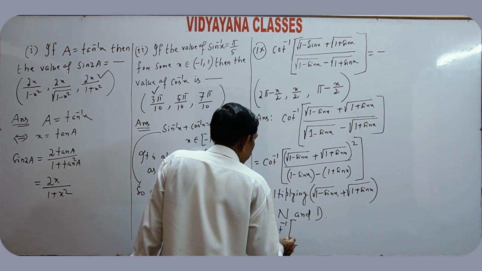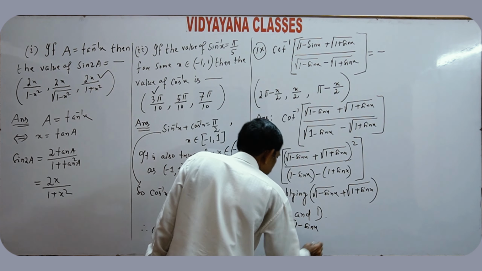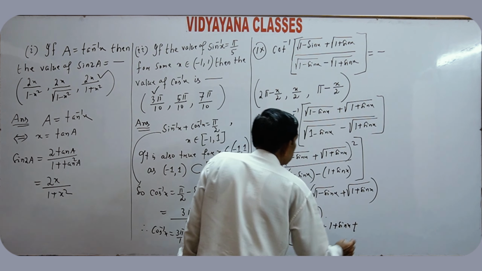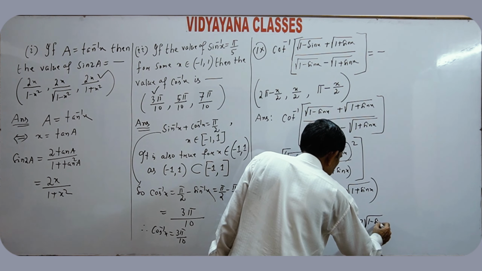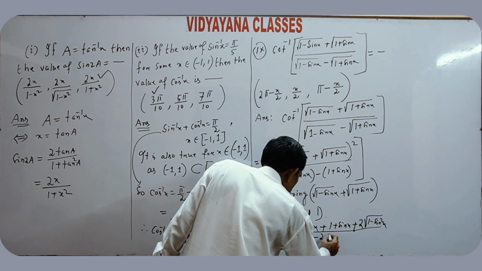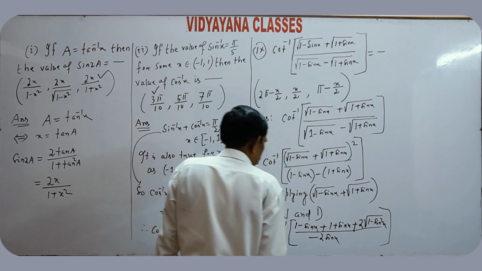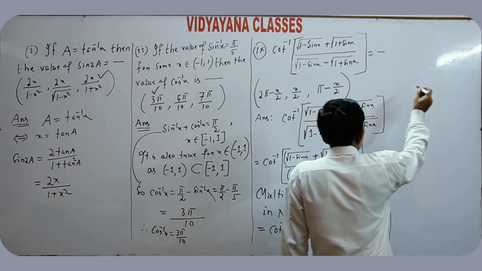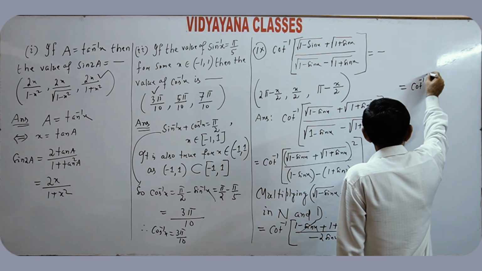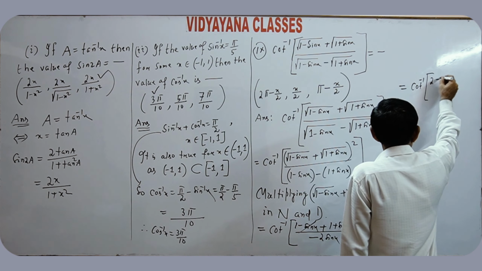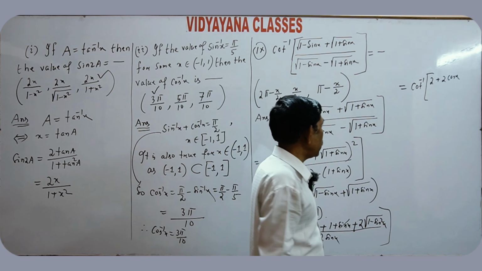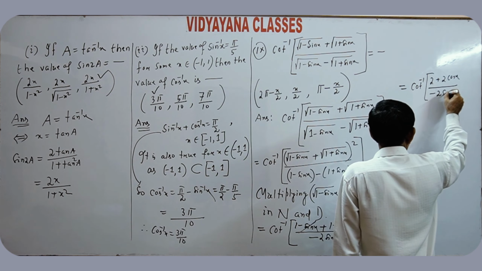whole square of this gives 1 minus sin x plus 1 plus sin x plus 2 into root of 1 minus sin square x, whole divided by 1 cancel, that is minus 2 sin x. Sin x cancel, which is same as cot inverse of 2 plus 2 cos x. 1 minus sin square x is equal to cos square x, root of cos square x, that is cos x, divided by minus 2 sin x,